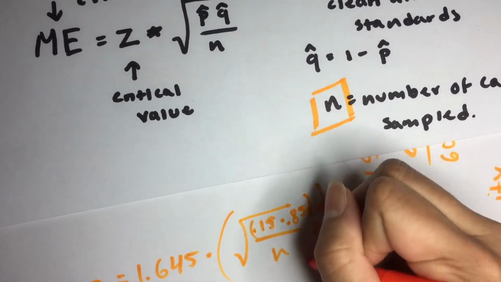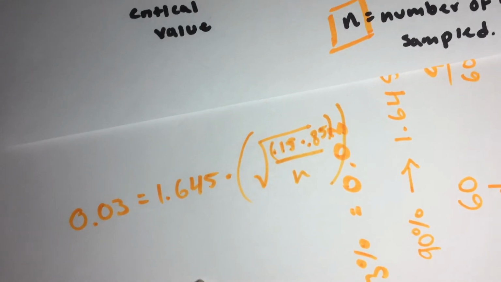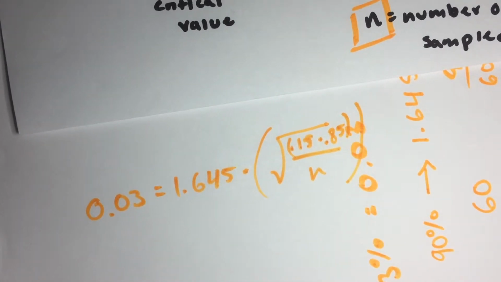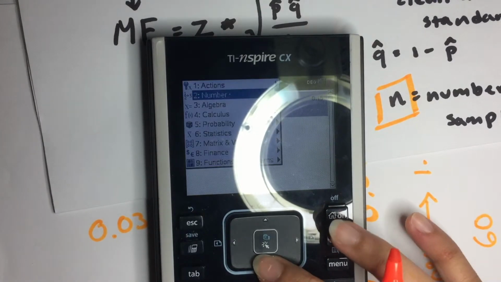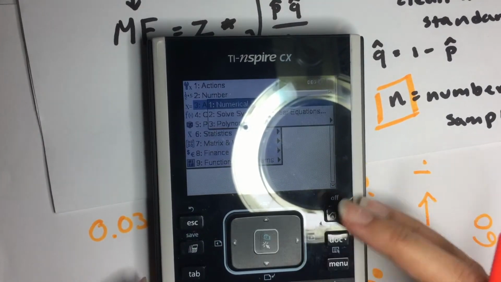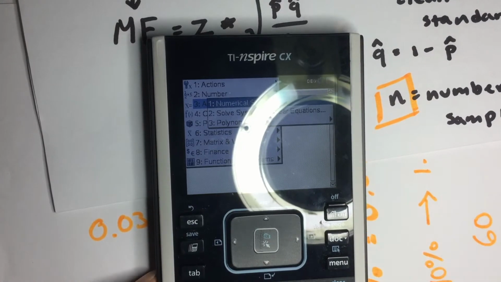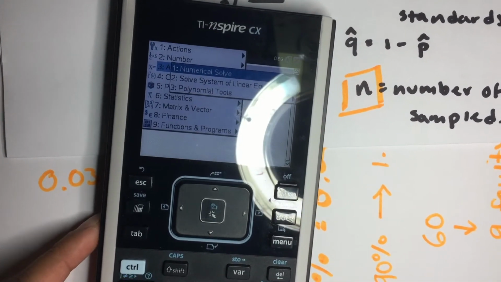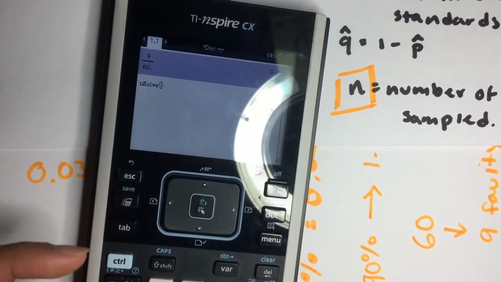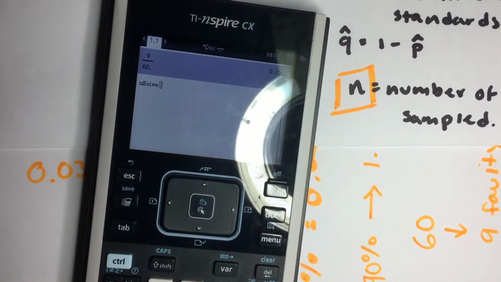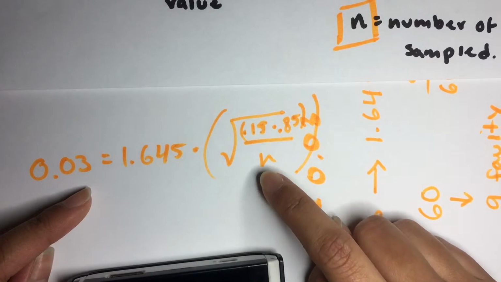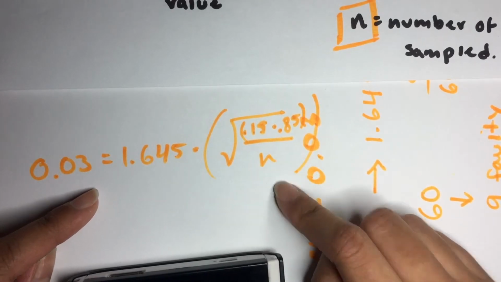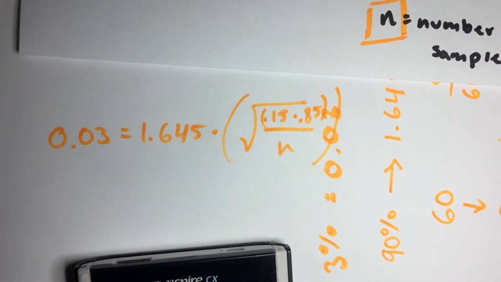over n. And so what we can do just to solve for n, if you have your calculator out, is to go to algebra. I don't know if you guys can see that. Go to algebra and go to numeric solve. And so what we're going to do is we're going to write down this equation and just substitute x for n. So we're going to get 0.3